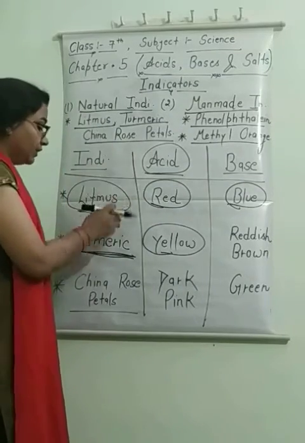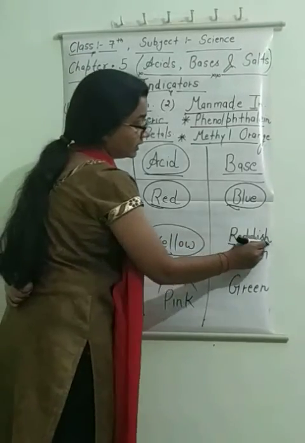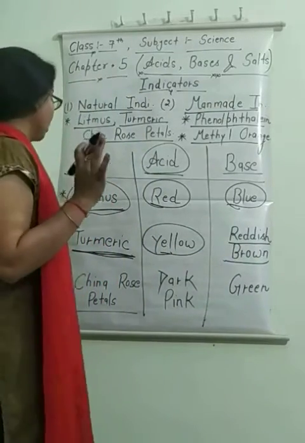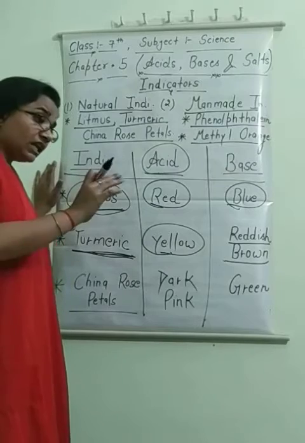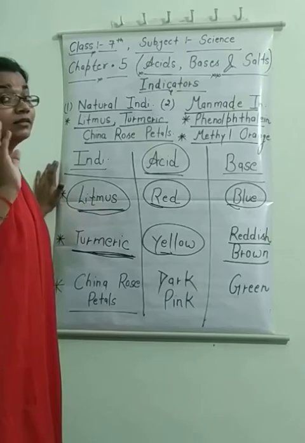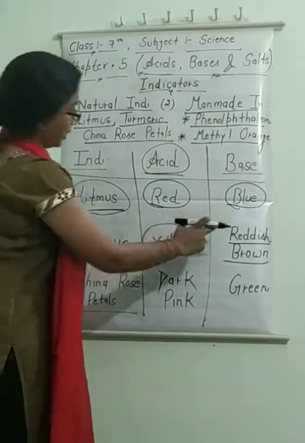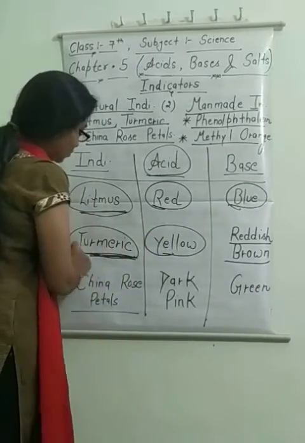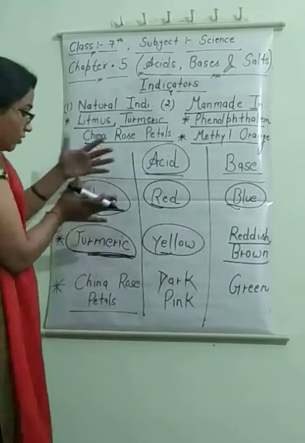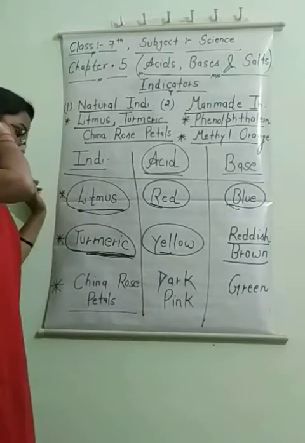And if we put some basic substance over the turmeric solution, then definitely it will convert its color and we can see reddish brown color. A very, very formal and practical example is when we put some soap over a haldi stain or turmeric stain, then we can easily see the reddish brown color, because that soap is basic in nature, and when that basic substance comes in contact with turmeric, it gives reddish brown color. Very, very simple thing.